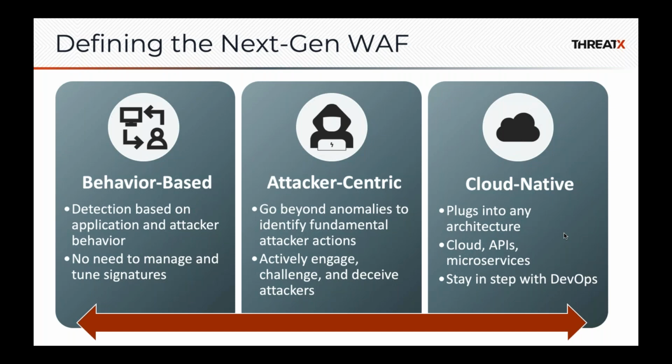And then finally, it needs to be cloud native. I tend to call this being DevOps friendly, right? There's kind of a new sheriff in town when it comes to deploying apps, and that's DevOps. And so one of the worst things you can do is to have DevOps come to you with an application they want to deploy, and then you want to add on a security layer to it. And then you basically need to tell DevOps that, oh, by the way, we need to reroute this traffic in an unnatural way that doesn't really meet your cloud architecture. That's a really quick way to upset your DevOps team,